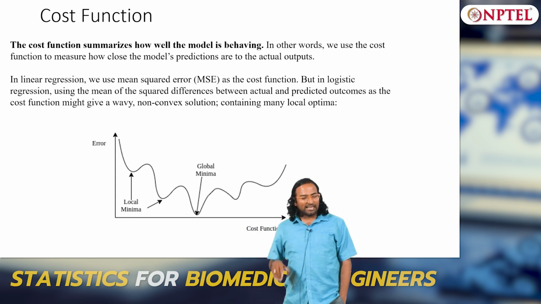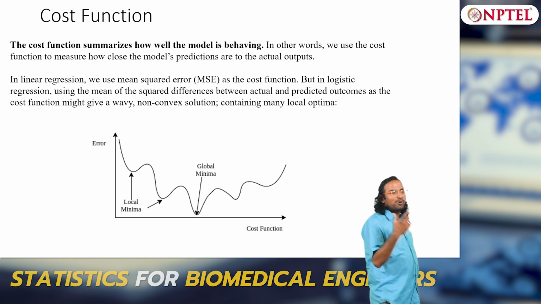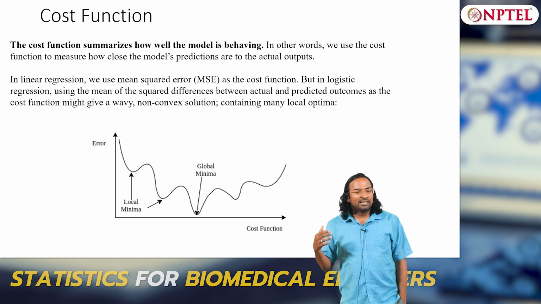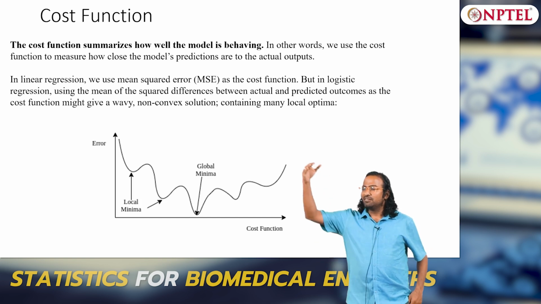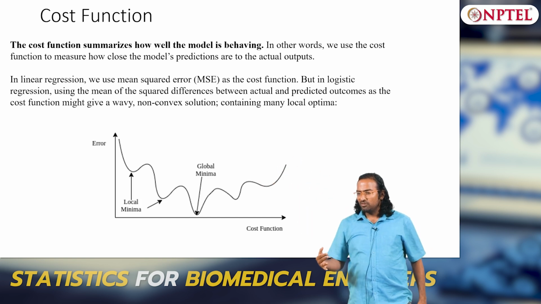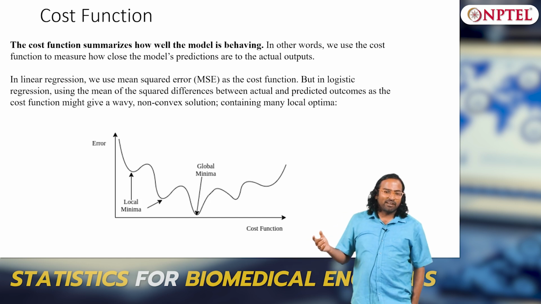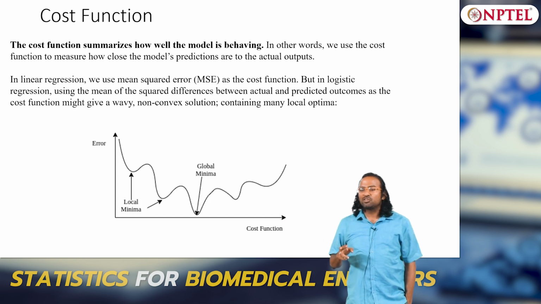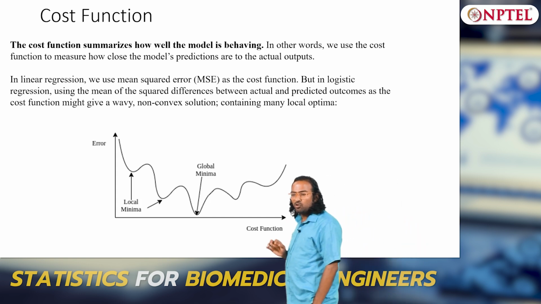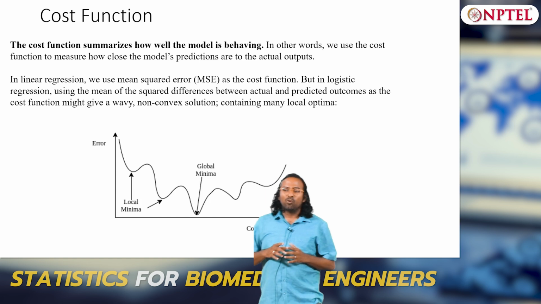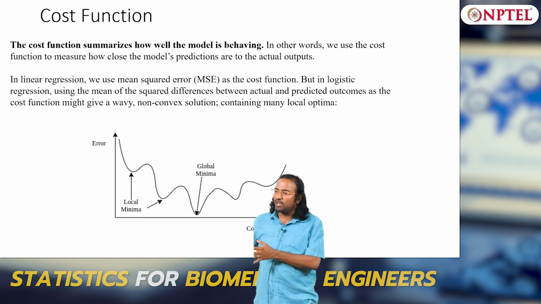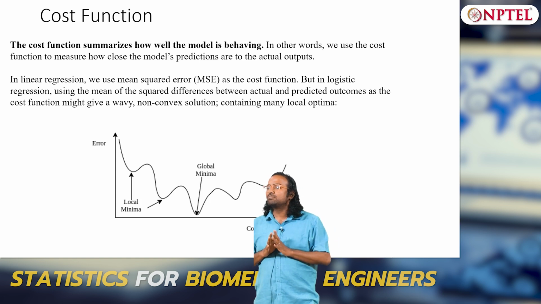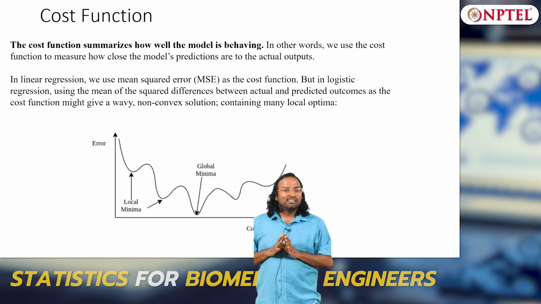Okay, we could have done that, but remember my output is going to be what? In this case it is not going to be continuous, in this case it is going to be either 1 or 0. When there is an error, what is the error value? 1, and if you square it, it is 1 squared. When there is no error, it is going to be 0 square. So what are we going to have? 1 square plus 1 square plus 1 square plus 0 square plus 0 square plus 0 square, something like that. So the function is not going to be smooth, it is a non-smooth function.